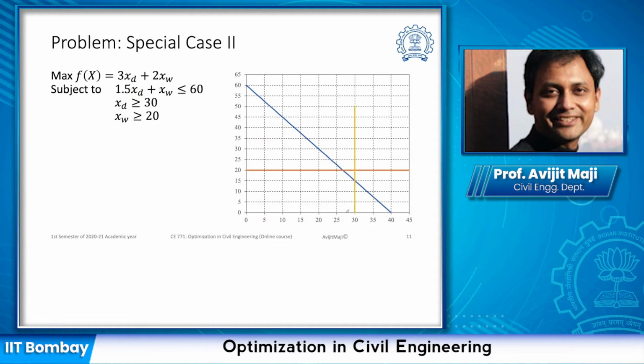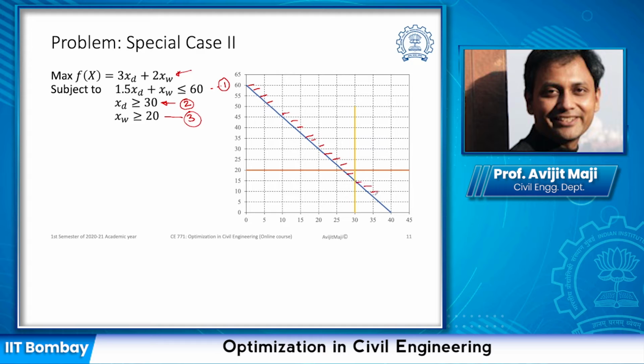Now we'll be looking into a similar problem. The objective function remains the same, the first constraint remains the same, the second constraint we have removed, and we introduced a new constraint, that this should be greater than 30, and this is the third constraint and this should be greater than 20. So the first constraint, the blue line, says this is my infeasible region, so the other side is the